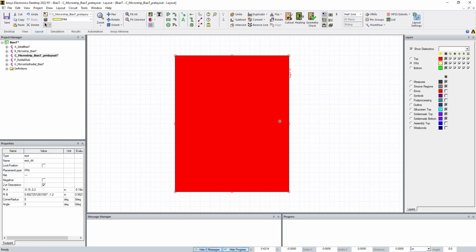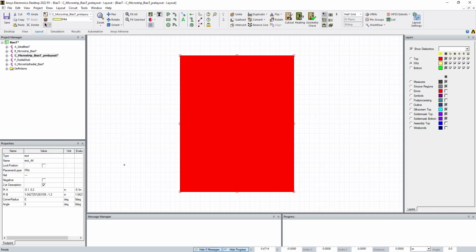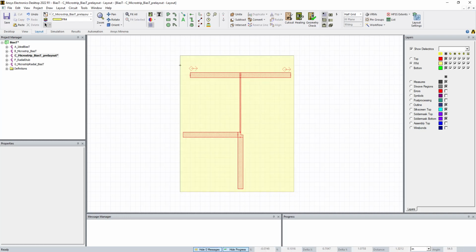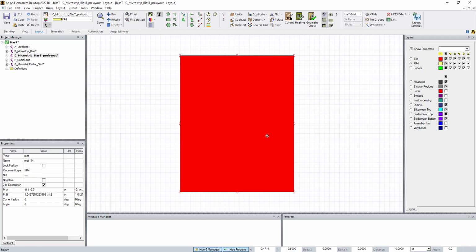It's defined by 2 points. So you go to the properties menu, it says point A, 2-point description, point A, point B. Well, what do we know about it? Well, it's about 1" by 1.2". So its Y dimension, its X dimension is about 1 inch, and this is a little bit more than 1 inch. So let's go ahead and say, all right, I'm going to try to fit this thing in 1" by